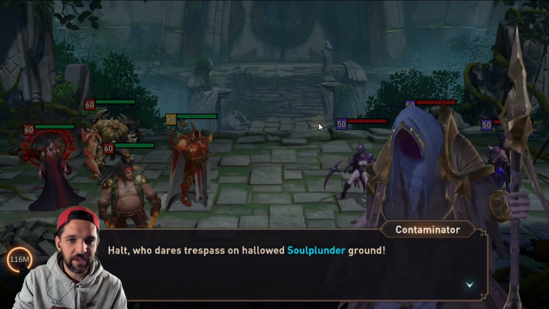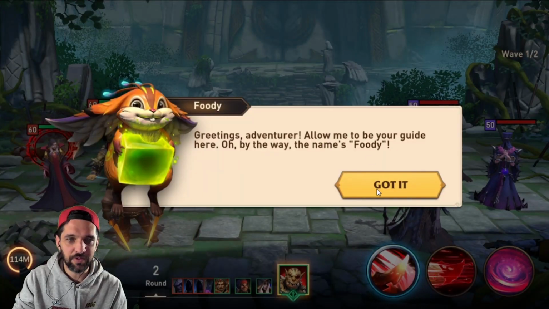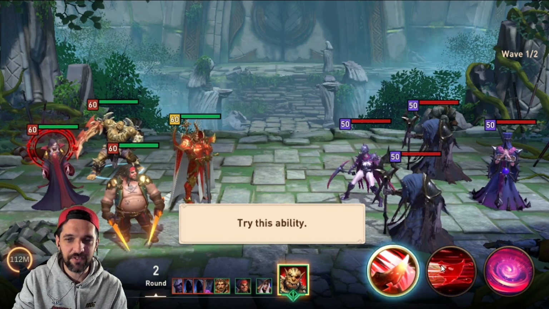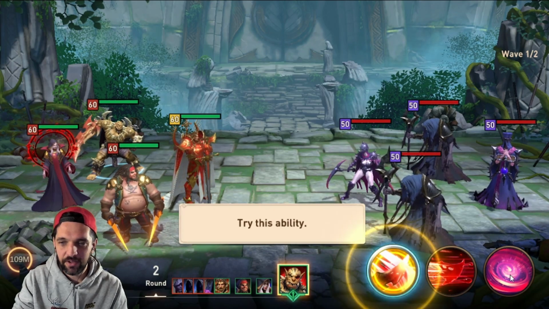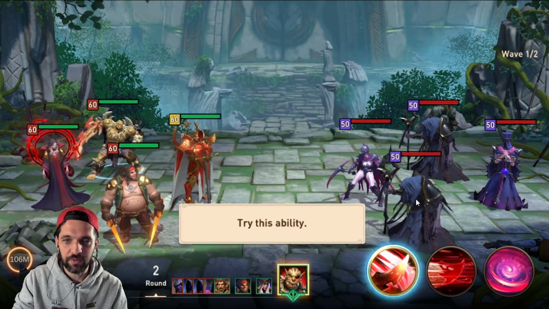So right from the get-go, they got you doing the battle, the usual tutorial. If you play these games, you know what to do, right? If you haven't, it's just turn-based, as you see here. You have your specials, your ultimates, your basics, and then when you pick one, you just press the character you want to attack,